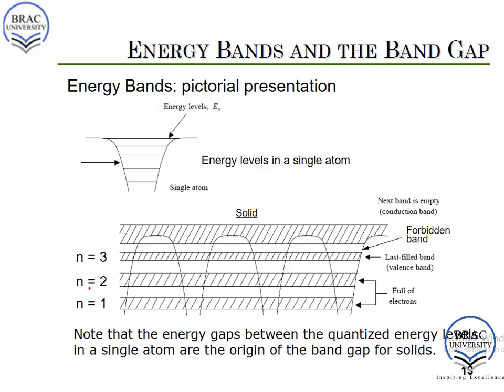Then again, when n is equal to 2, electrons will have energy between this value and this value. So this is the energy band for n equal to 2. Then again there is another band gap, and then there is n equal to 3, which is actually the valence band for silicon. After a band gap, there is also a conduction band. This conduction band is originally empty. When an electron is excited, it jumps from the valence band to the conduction band. So the white regions in between the bands are forbidden bands. These are called band gaps.